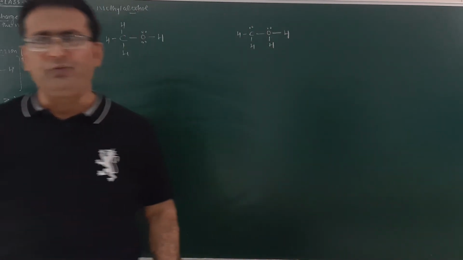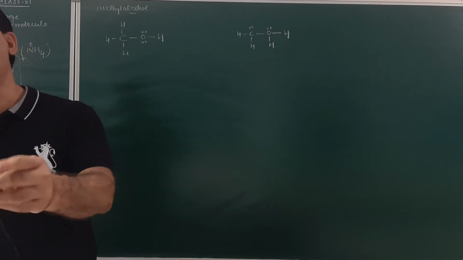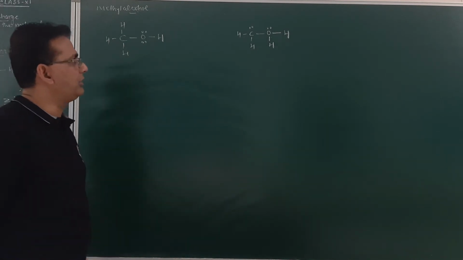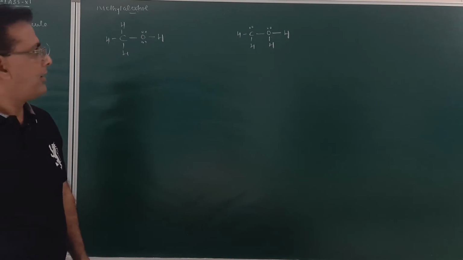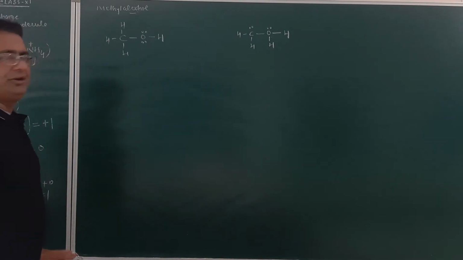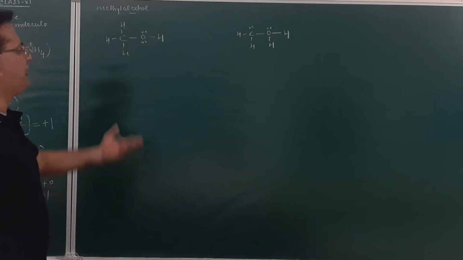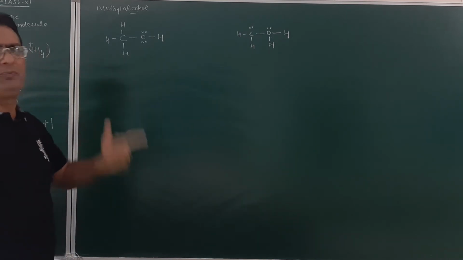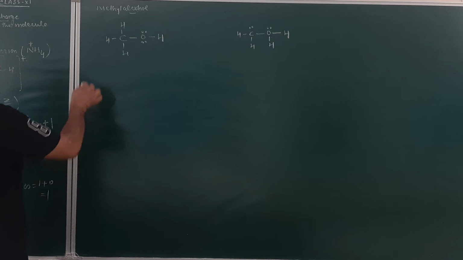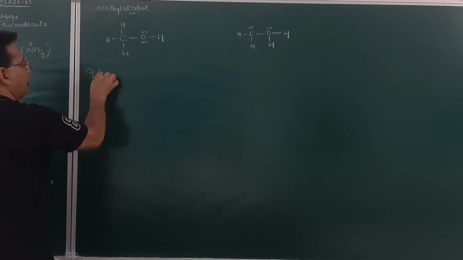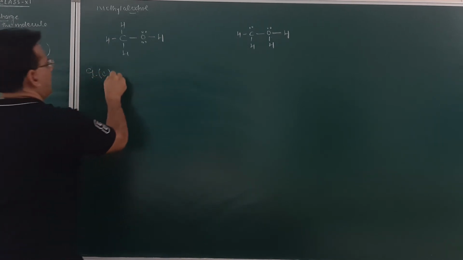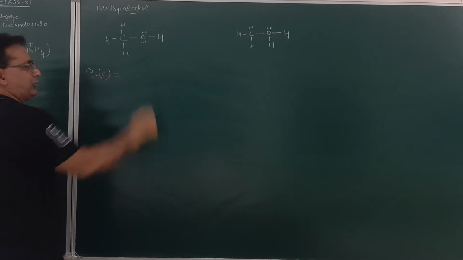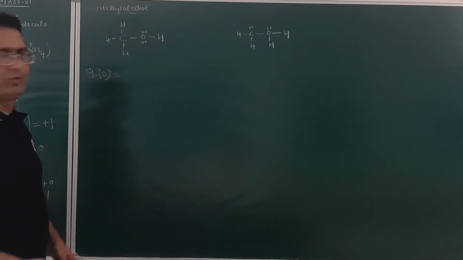And the question is, which of the two is the more stable Lewis dot structure of this molecule? I will be determining the formal charge. Although it is very clear from the structure given, let me prove it with formal charge. If I find out the formal charge for carbon, how many valence electrons are in the free atom of carbon? 4.